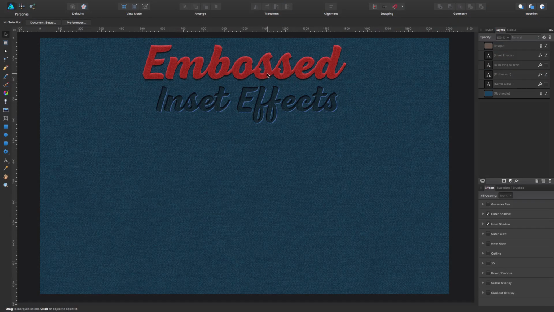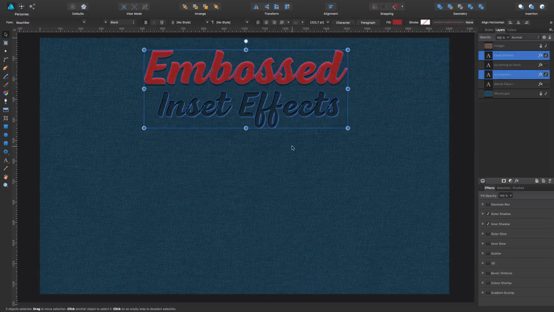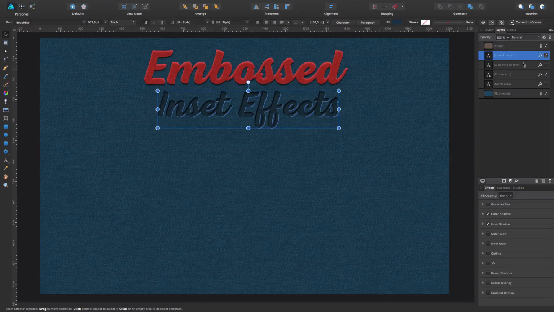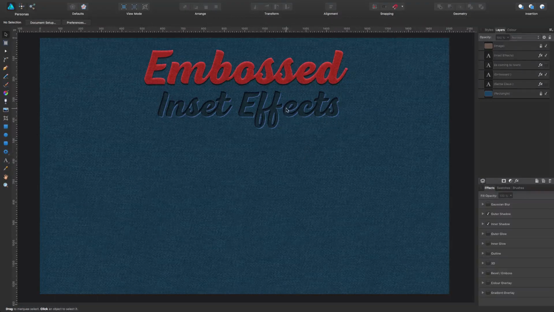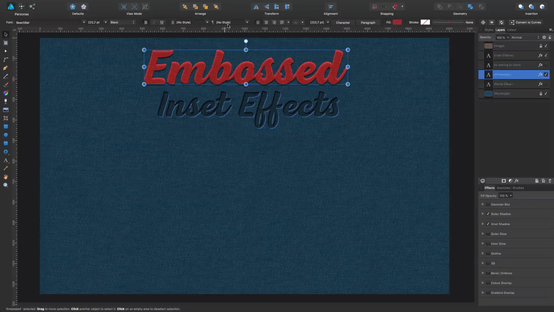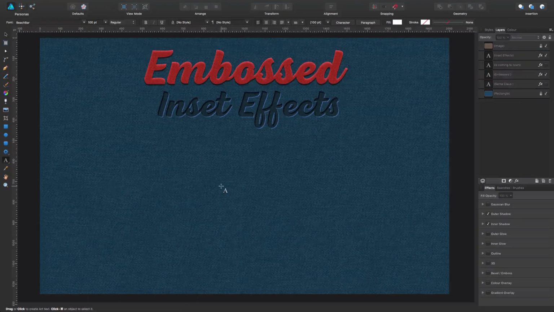Okay, so the nice thing about this is that I'm not going to be using more than one layer for each piece of text. It's not about layering or stacking different layers to get this, which you could do, but that's not exactly what we want. We just want to keep it clean. So let's start with embossed text. Okay, let's just write